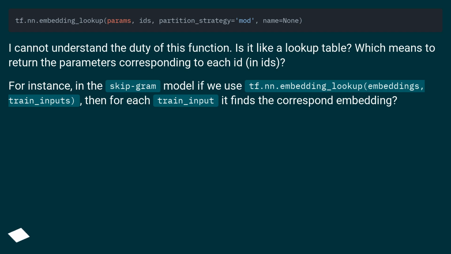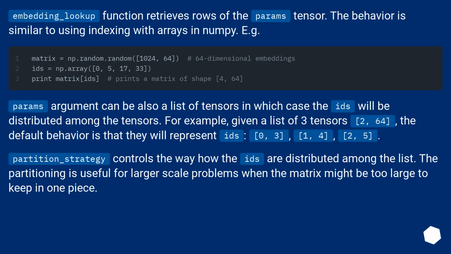For instance, in the skip-gram model, if we use tf.nn.embedding_lookup embeddings, train_inputs, then for each train_input it finds the corresponding embedding. Embedding_lookup function retrieves rows of the params tensor. The behavior is similar to using indexing with arrays in NumPy. For example,